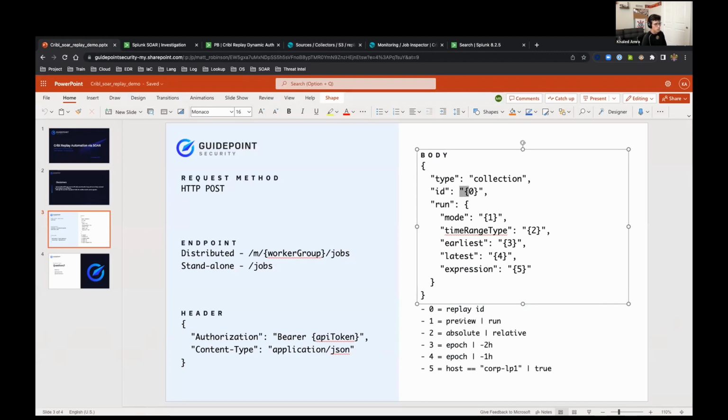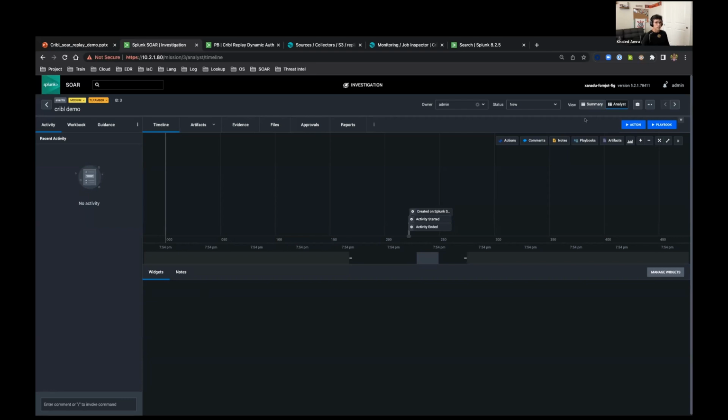If you've used Collector before, you've seen that preview doesn't send it through to its destination and pipelines, rather it just keeps it in Cribl for you to take a look at the results. Then your time range type is either absolute or relative, where absolute you specify the actual date, and relative you use something like -2h for two hours back, relative to now. And then your expression, whatever you want it to be, whether it's certain event codes, certain hosts, or source types, so that it grabs just that. What that ends up looking like is like this.